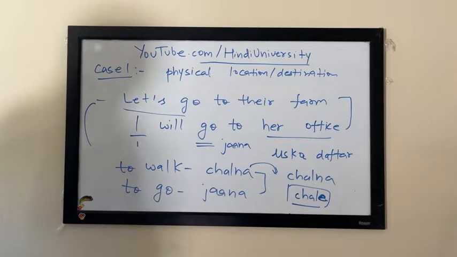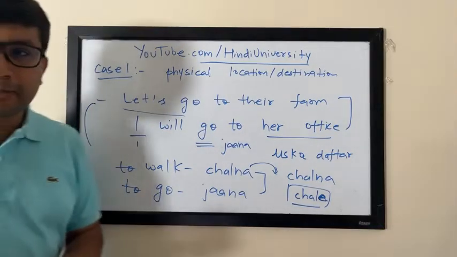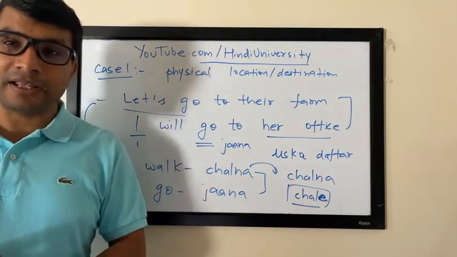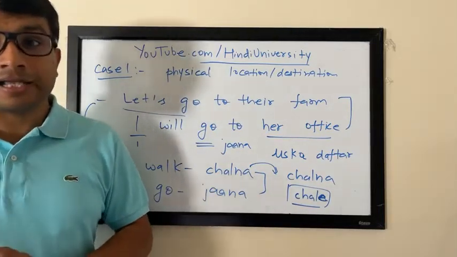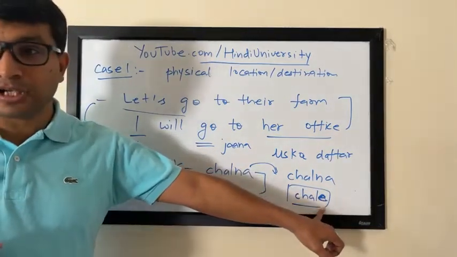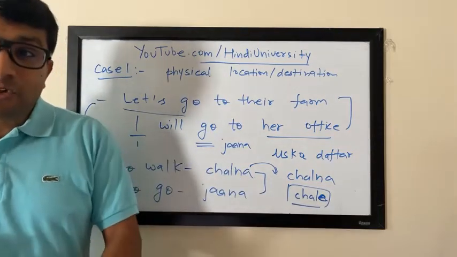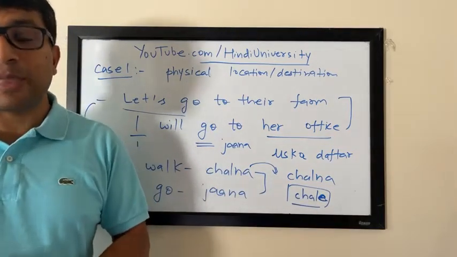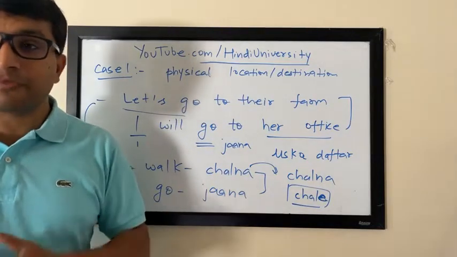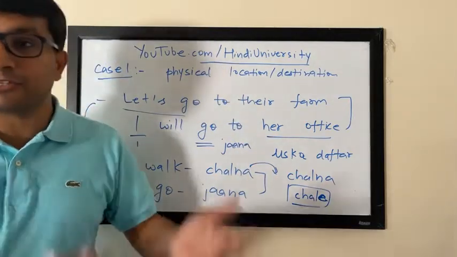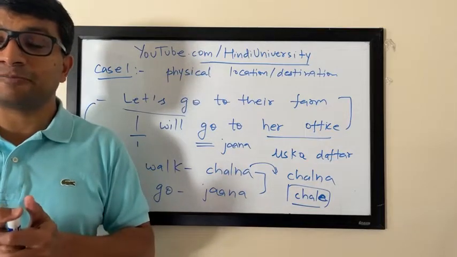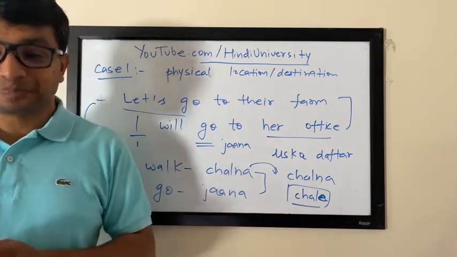Ji, what about chaliye? It's again the same thing, but you're ending it differently. Remember, imperatives can be ended in different ways: khao, kha, khaiye, or khaiega. You are playing with the ending of chalna: chaliye, chaliega, chalo, or chal. And then you have chale as well in the end. All can be used in a similar fashion, but chaliye can be used sarcastically as well, meaning we waited forever, chaliye, right?